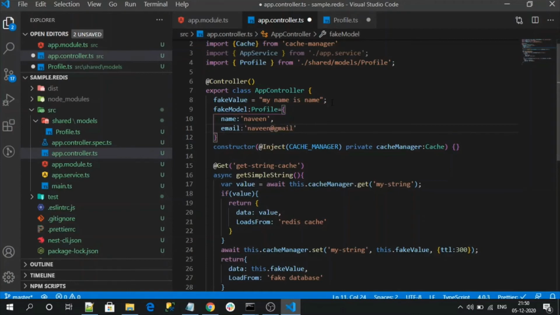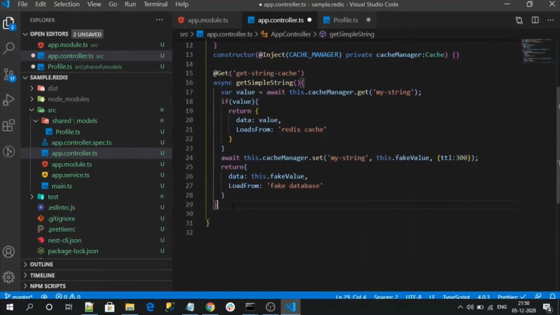So now we are going to save this fake model into the Redis store, and we will retrieve this fake model from the Redis store. So let me create one more endpoint. Similarly, I am trying to fetch the data first from the Redis store, whether it exists or not.